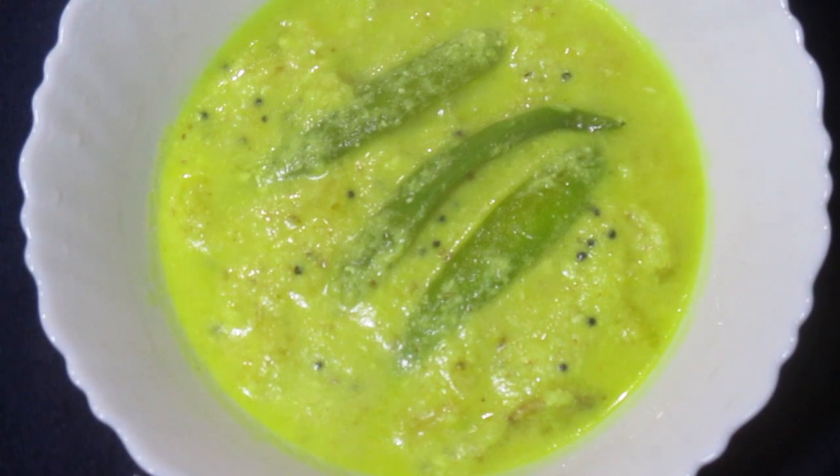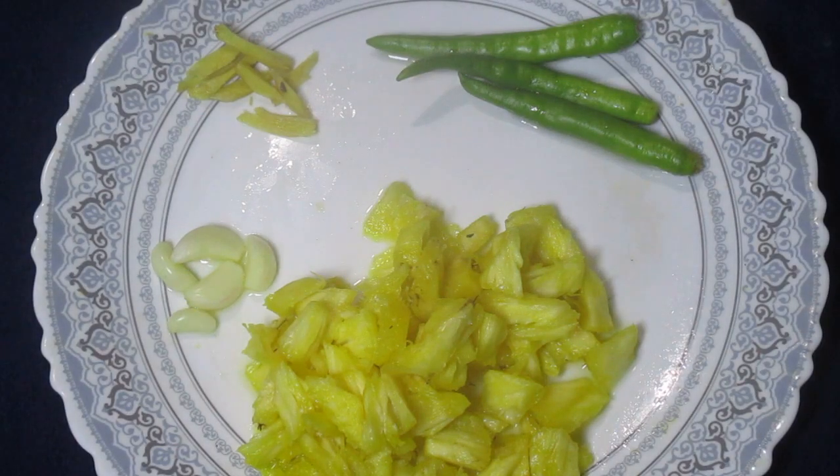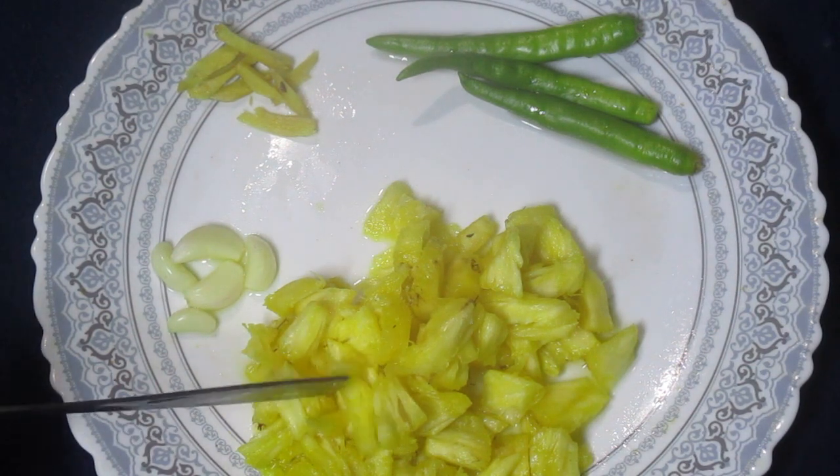Pineapple coconut yogurt stew or ananas dahi nariyal masala or pineapple pachadi, a very delicious and tasty dish made easily at home. Today we are going to make pineapple coconut yogurt stew or pineapple pachadi or ananas nariyal dahi masala. The ingredients are